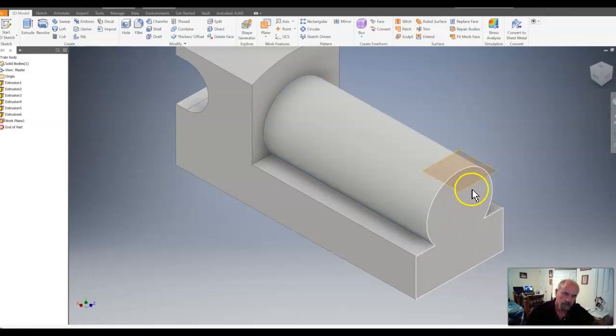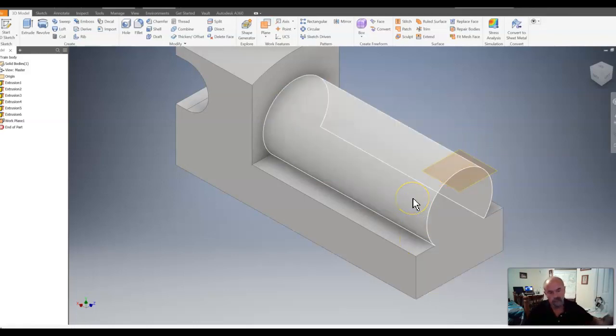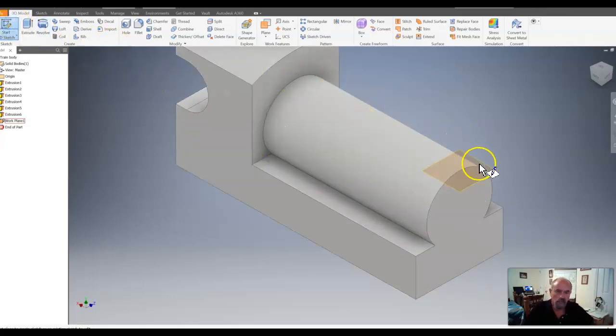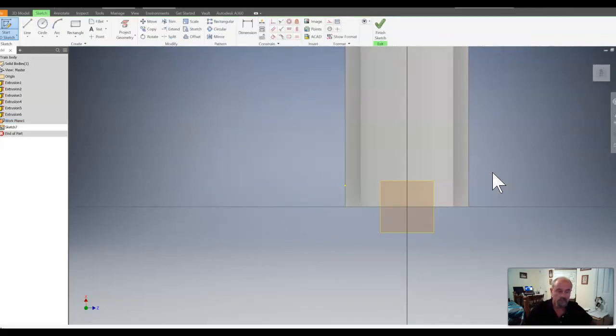So I click there, and that little yellow square is what's telling me, hey, you got a plane here. So I want to start a 2D sketch. I got to click on the edge of that little work plane. Understanding that a work plane goes on forever, though. A plane is a flat surface with no ending boundaries, okay? But they got to show you some so you can click on them. So once I do that,